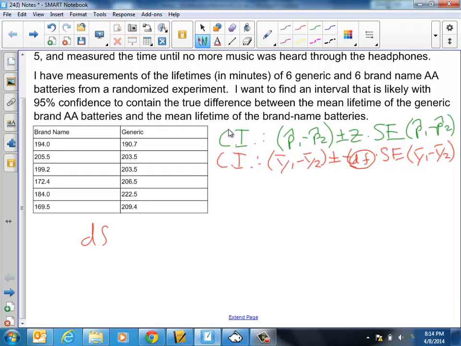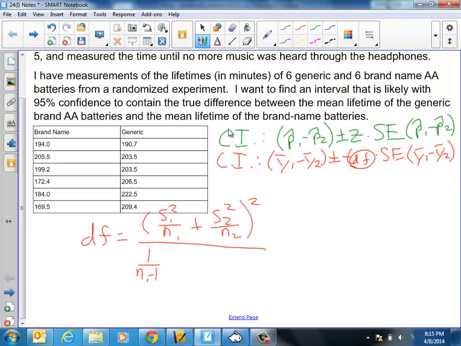Probably need all this space right here. df equal to, in parentheses in the numerator, the standard deviation of the first sample squared over sample size of the first sample here, plus standard deviation of the second sample squared over the second sample size, all of that in parentheses squared, over, big old denominator here, 1 over